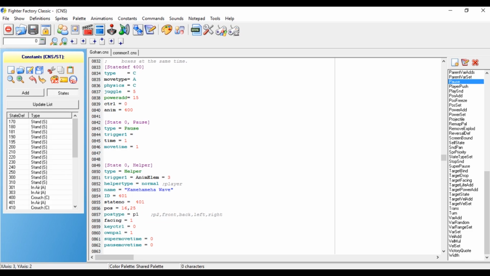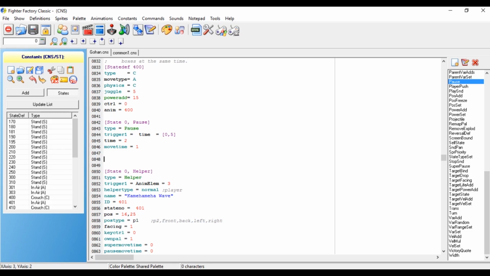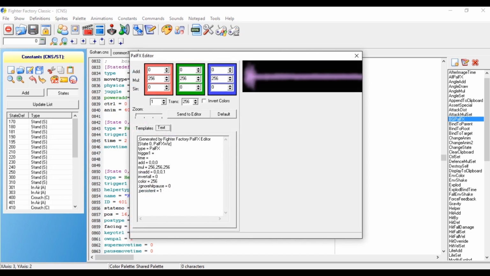And I am gonna make trigger 1 equal time equals, I'm gonna put brackets, and I'm gonna put 0,5, so that this pause is applied to times 0 through 5, and I'm gonna change time equals 2, just like that. And in order to change the background palette like I want, click on that palette,